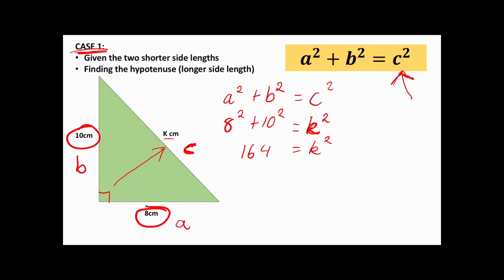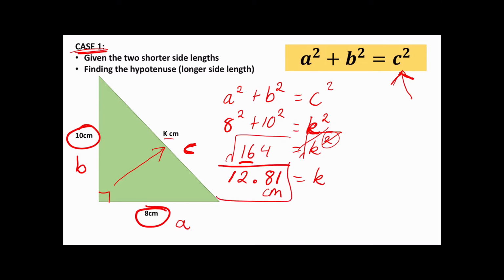Now I need to get rid of, or I need to remove this square on the K. And to do that, hopefully you remember that the opposite of squaring a number is a square root. So I'm going to take the square root of both sides, and that's going to undo that on this side. So I'm left with just K. And then on this side, I'm left with 12.81, so this would be the approximate answer, 12.81 centimetres, remembering to include my units,